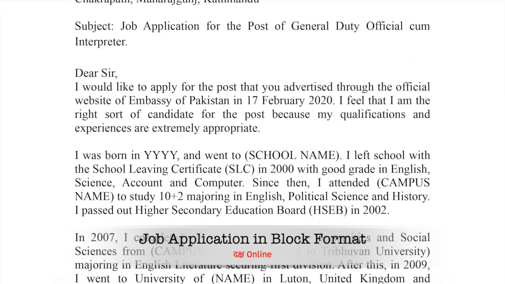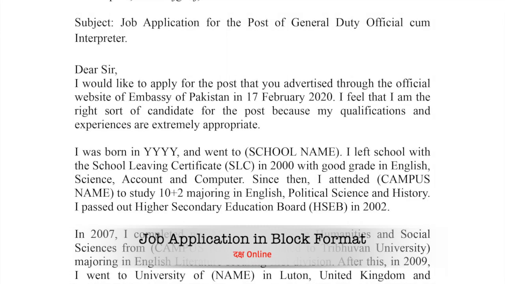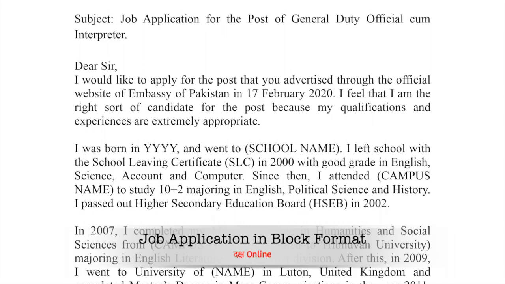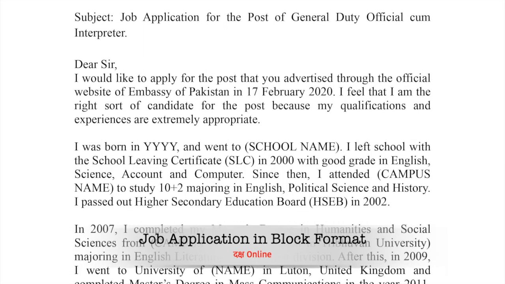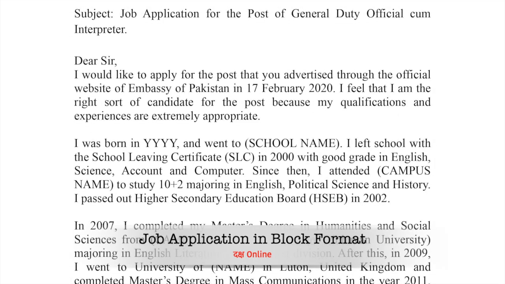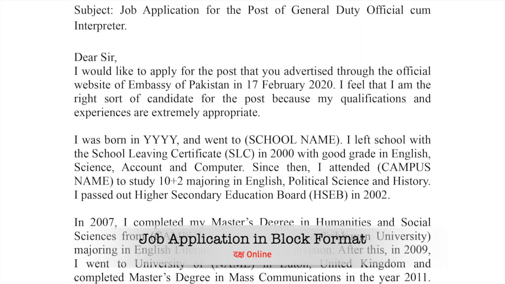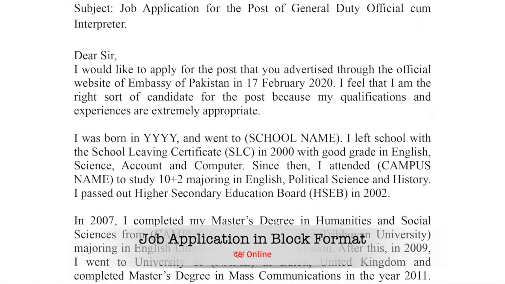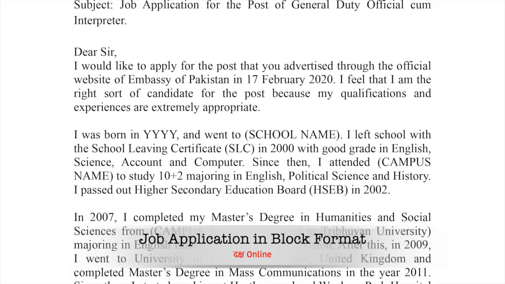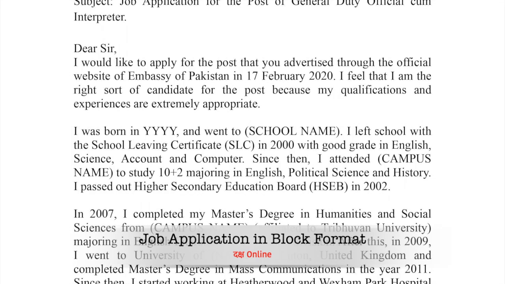Before understanding block and semi-block business letters, we need to know the format of writing formal letters, either solicited or unsolicited. The three components that help make your formal letters look attractive are space, margin, and indent. Always remember to leave a space between your address and the date, the heading and the salutation, and between its paragraphs. In addition, please do not forget to leave a space between the final paragraph and your closing too, and a space between the closing and your signature.